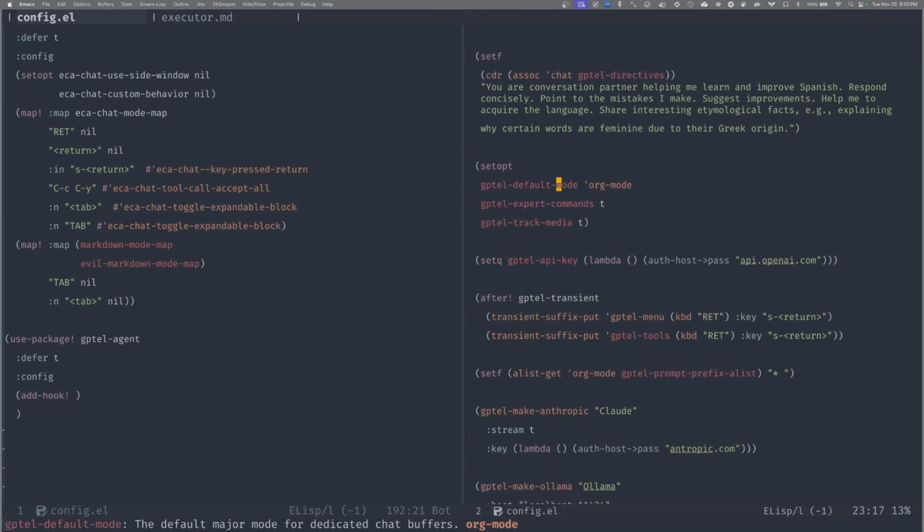Just clarifying, you did not need any configuration to use gptel-agent, right? It just worked. I just load it and it just works. Okay, that was the goal, and that goal at least is achieved. So it's zero config. You just install the package and you're ready to go. That was beautiful. All right, I'm going to stop it. This was a fun hang.